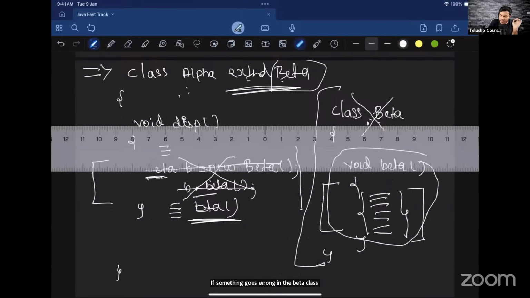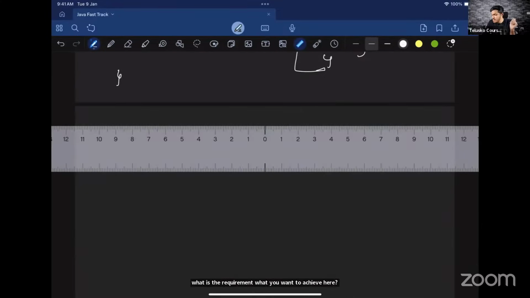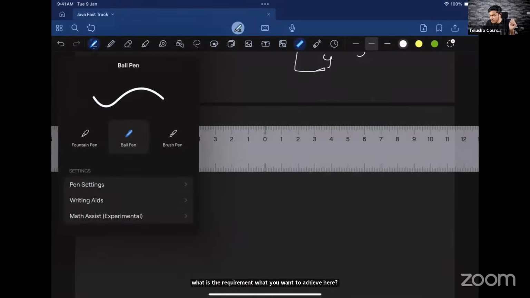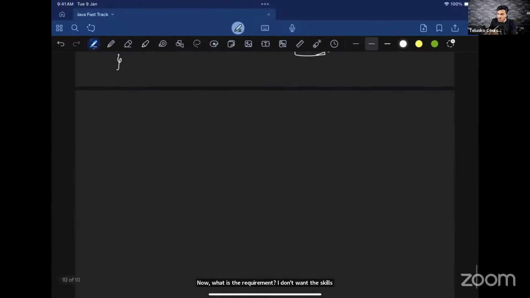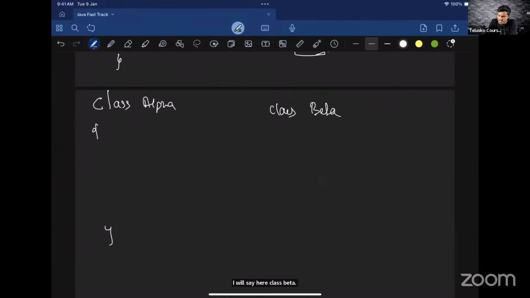Now what is the requirement? What do you want to achieve here? What I want to achieve is the same classes. I will write once again here. I'll say class Alpha. I will say here class Beta. Inside this class, I will have some important methods, some business methods. They are very, very important methods. This method I should be able to call here,